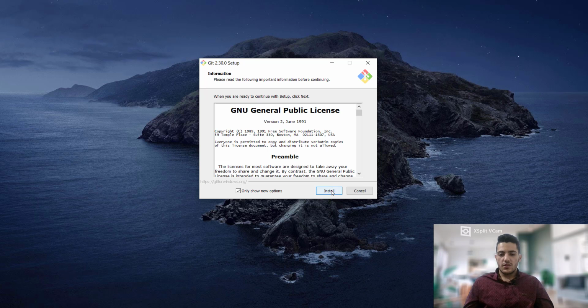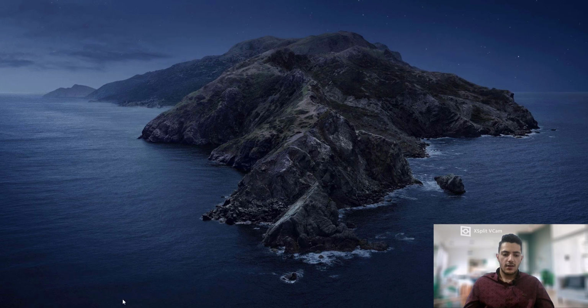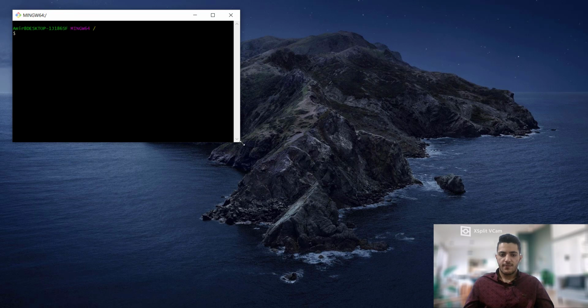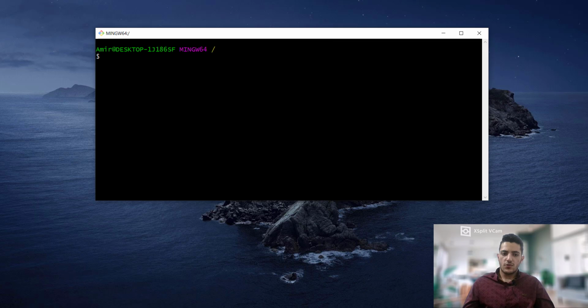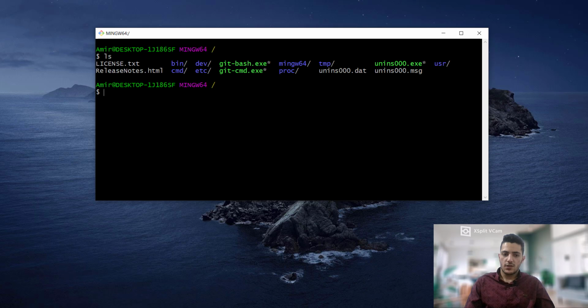I won't click on install because I've already installed Git Bash on my system, so I'm clicking on cancel and opening my Git Bash. As you see, you can run Linux commands on your Windows operating system. For example, clear, ls for seeing contents of a directory, or cd for going into a directory, for example bin or back,